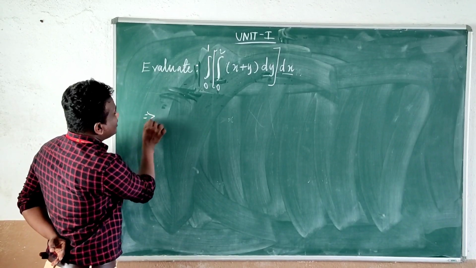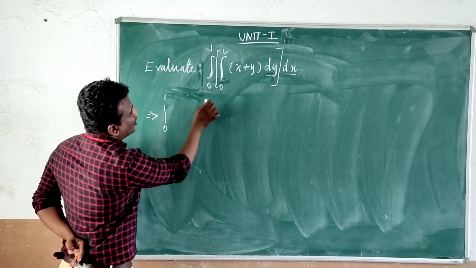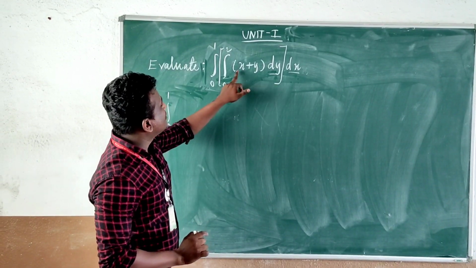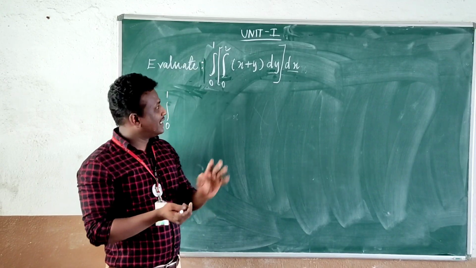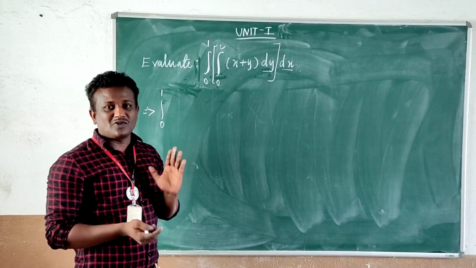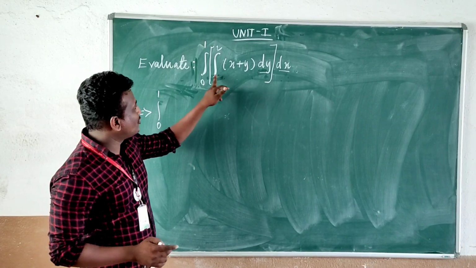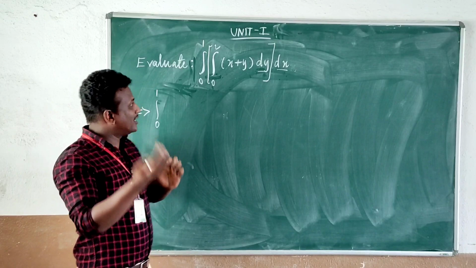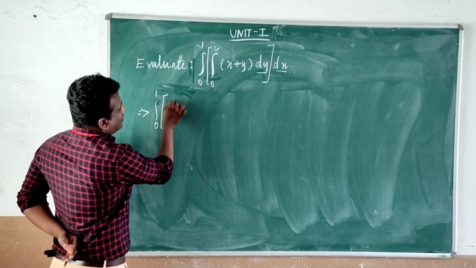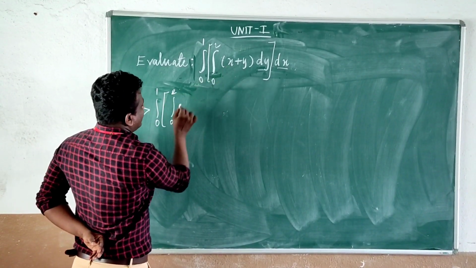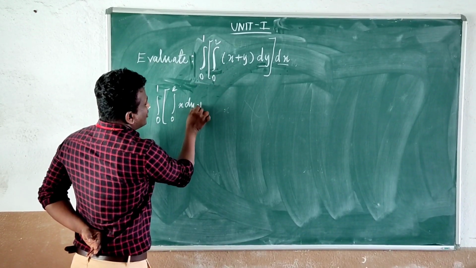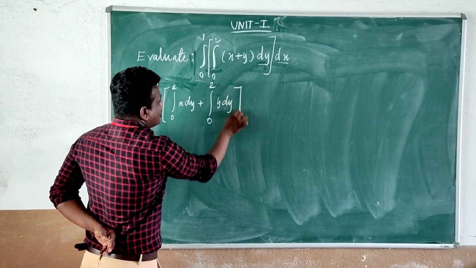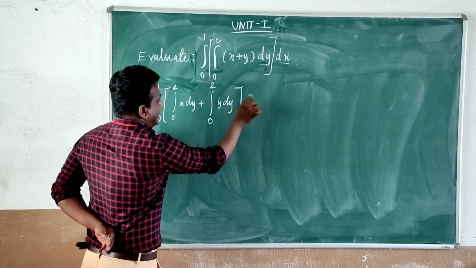First I am going from 0 to 1. One thing I want to tell you: however intelligent you are, just go step by step so that you cannot make any mistake. So I am going to multiply the integral and dy with these two terms, then I will get separate terms and integrate. First 0 to 2, x into dy, plus 0 to 2, y into dy. Now close the bracket into dx.